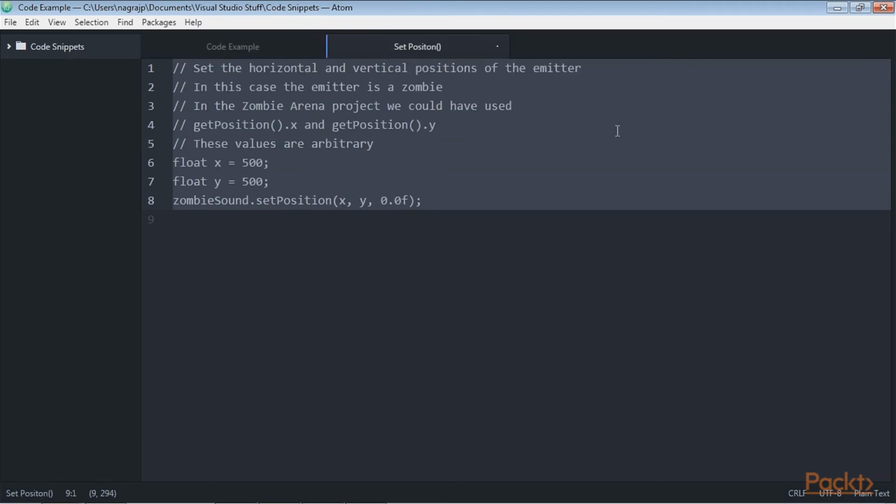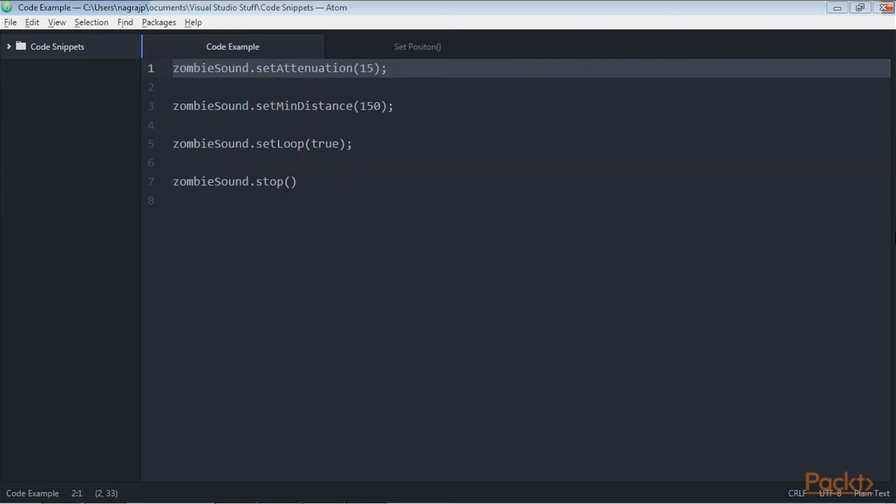We can set the position of the emitter using the setPosition function as shown in the code here. As suggested in the comments, how exactly you obtain the coordinates of the emitter will probably be dependent upon the type of game. As shown here, this would be quite simple in the Zombie Arena project. We will have a few challenges to overcome when we set the position in this project. We can set the attenuation level using the line of code.